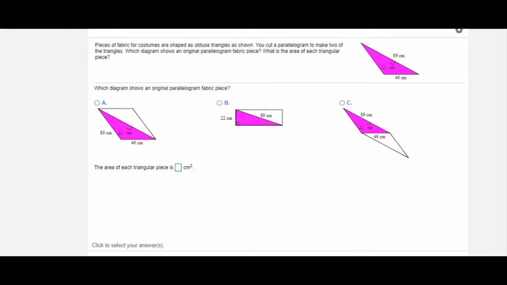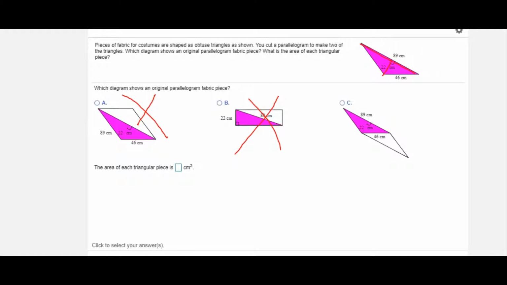Which diagram shows an original parallelogram fabric piece? The first one you would eliminate is B, because B is not a parallelogram. The second one you eliminate is A, because if you can tell right here in the model, 89 and 22